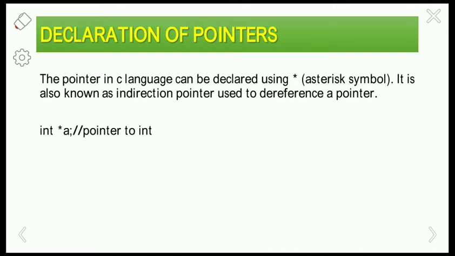Next, coming to the declaration of pointers, how is int star a. We have the data type followed by asterisk a. Why do we mostly use this format? Here the asterisk is the pointer symbol, right? It is pointing to the particular variable a. Like that we have declared the pointer a, and here we are going to take another type, that is a pointer to character. I'm taking a pointer variable c with the data type character.